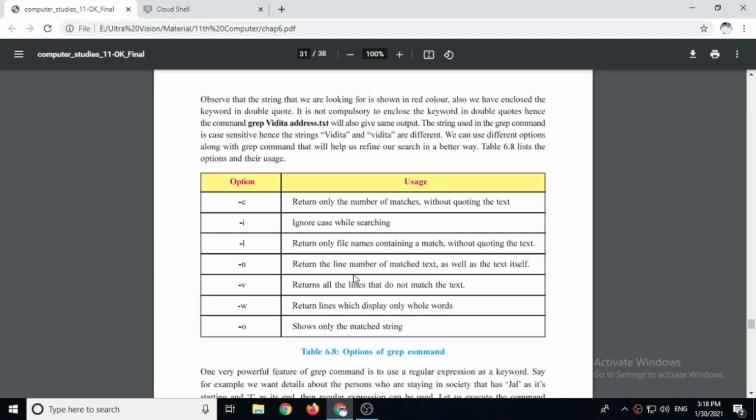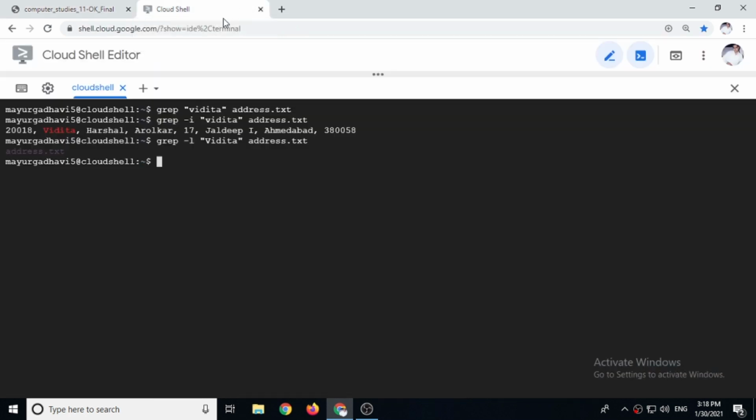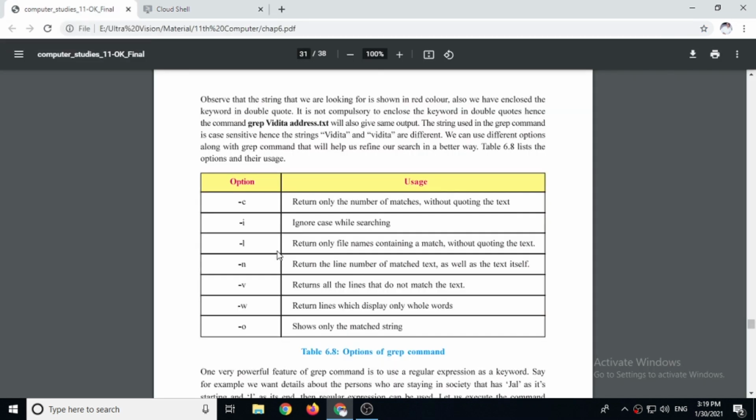Next is -n. It returns the line number of matched text. Let's see. grep -n Vidita and the file name. So here you can see it has included the line number also, meaning line number 6. On line number 6 this word has been written. Next is -v. -v returns all the lines that do not match the text.